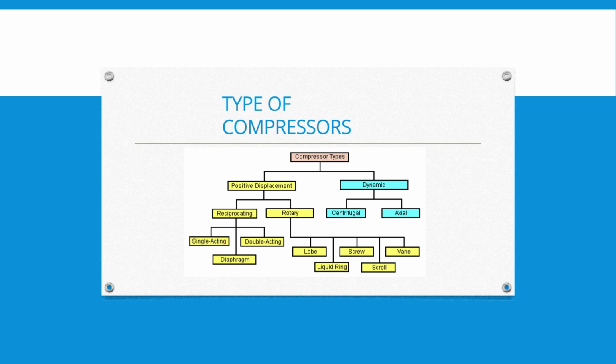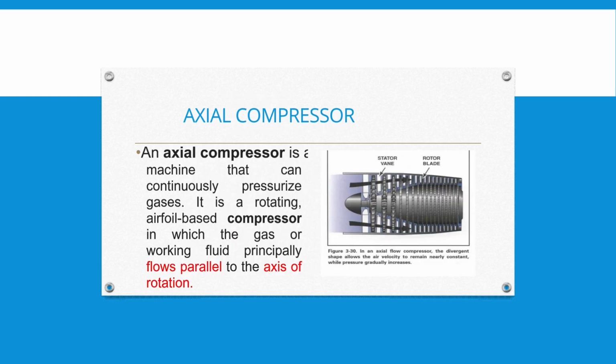There are many types of compressor, but generally it can be divided into two main categories, namely positive displacement and dynamic. More variants under each category is shown in this chart. For example, an axial compressor is a machine that can continuously pressurize gases. It is a rotating, airfoil-based compressor in which the gas or working fluid principally flows parallel to the axis of